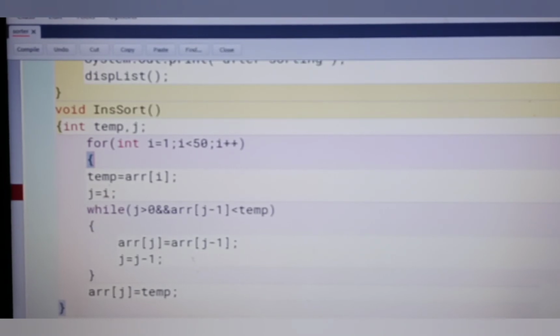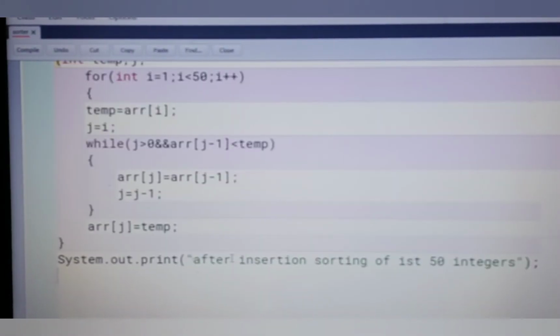After closing it, now we need to display the values. System dot out dot print, and give some message for the user here. Write the message: after insertion sorting of first 50 integers.